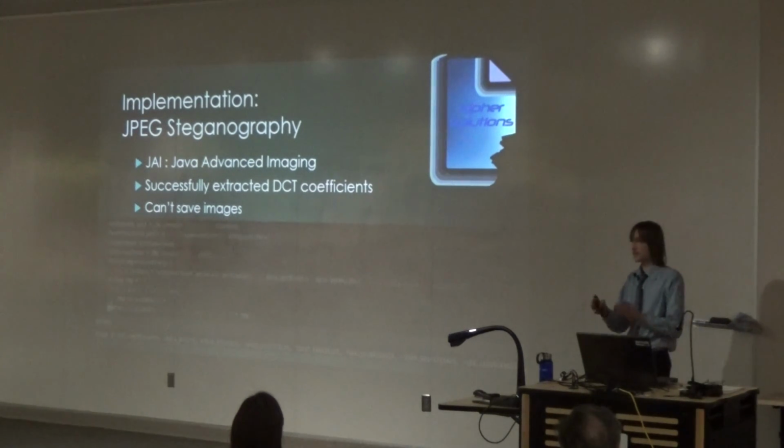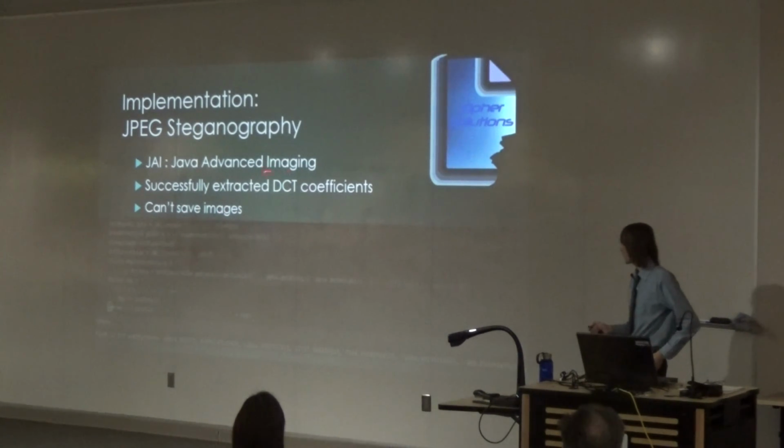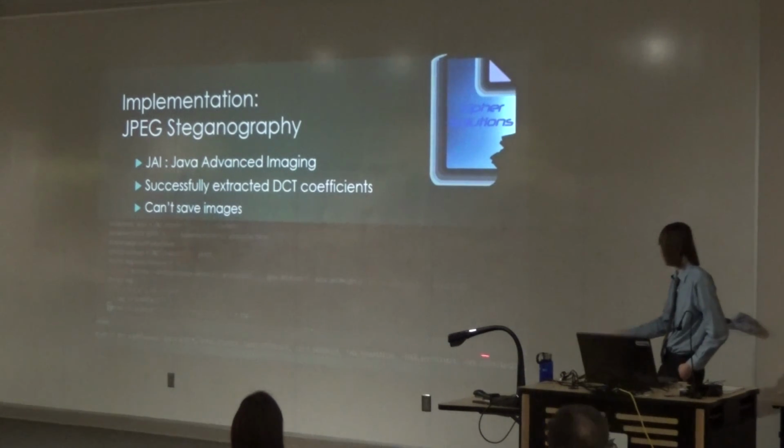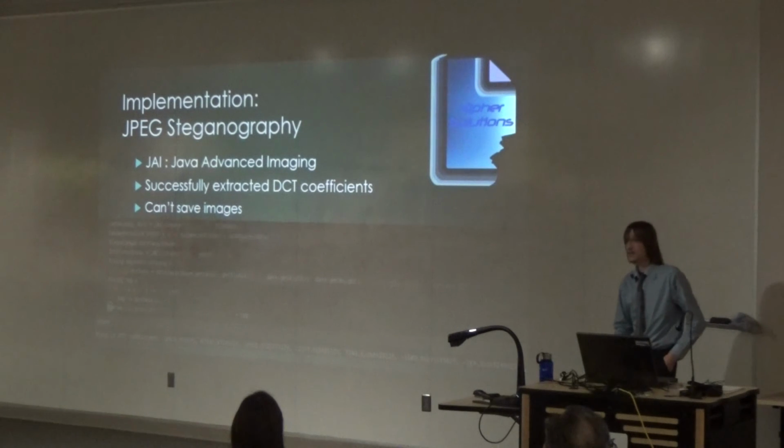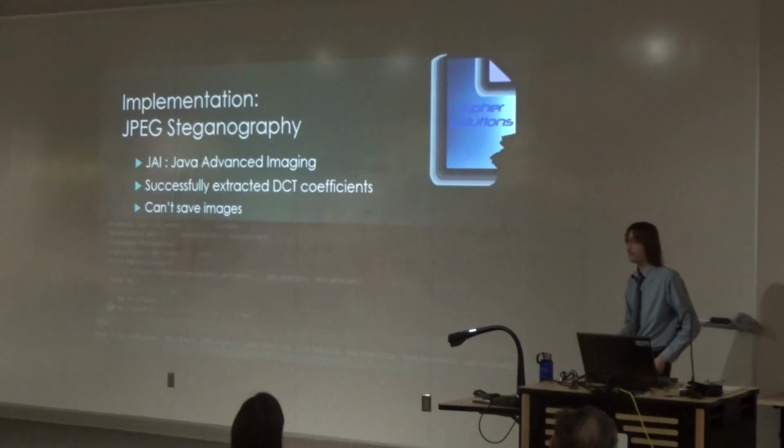So really, I was using the JAI, Java Advanced Imaging Library, in order to get the DCT coefficients of the image. And then I managed to successfully extract all of the DCT coefficients, as you can see there, with this code. But I can't seem to figure out how to save those images because JAI has very lacking documentation in terms of